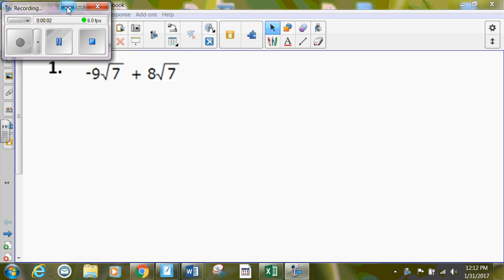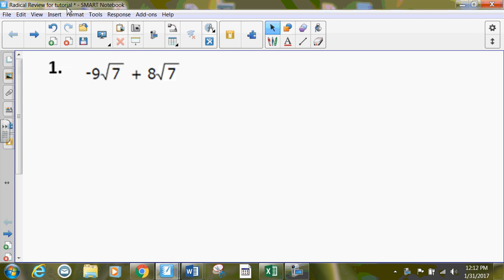Okay, let's do this radical review together. Radical numbers are numbers that have square roots in them. And so here we go. We're going to be adding them together. Radicals, when you're combining them, are a lot like